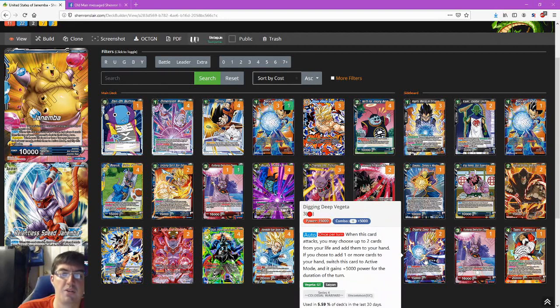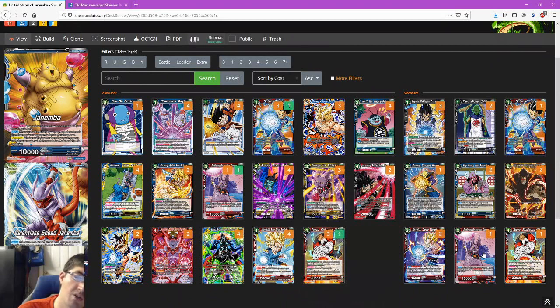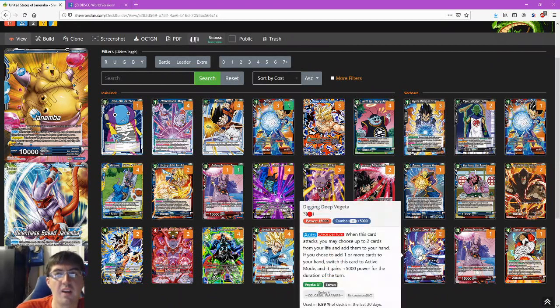I find that with the 2 Mass Saiyans, the 4 Saiyan Kabbas, the 2 Digging Deeps, and the 1 extra FDC that I have in the side, it's pretty hard to lose the game to Shenron if you're on the play. If you're on the draw, it's a little bit closer, but even then, if you can bring them to 2 life, you mitigate any serious damage that Gogeta, Hero Revived, or Kaioken Goku can do to you, which means that it is manageable and therefore a winnable game